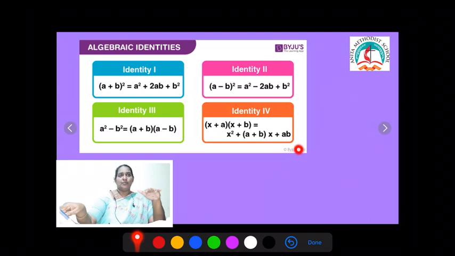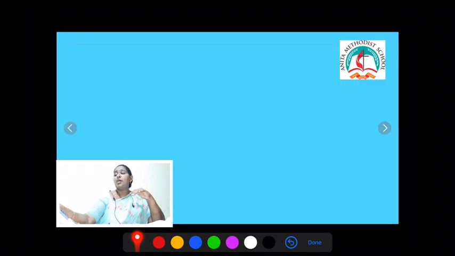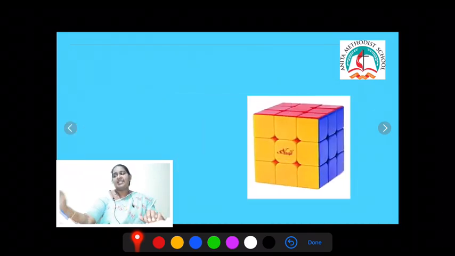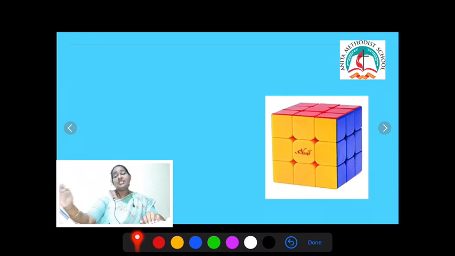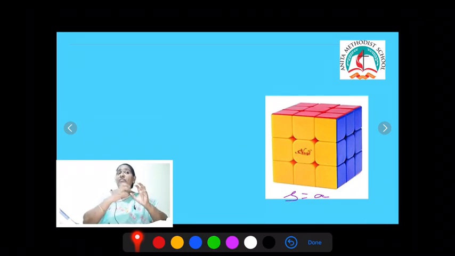Children, this you know. But in today's class we are going to see the next identity. What is the next identity? See the picture, children. What does this picture show? This is actually a solid figure. How many sides does it have? We have 6 sides, and all the sides are equal. So we have taken the side as a, a cube. For (a + b) the whole square, we found the area of the square. Here we are going to find the volume of a cube.